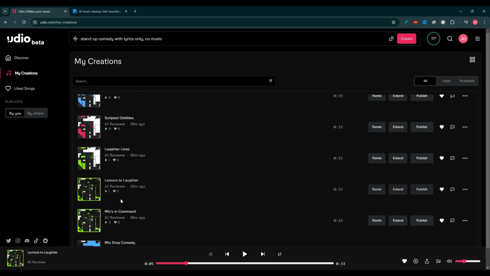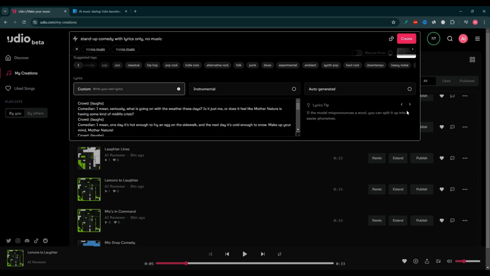As I said, it was just randomly generated lyrics using the auto generating tool. But look, if some of you are thinking about something more specific, just put this type of prompt here, then put your own comedy sequence you want to hear, and just click the create button.